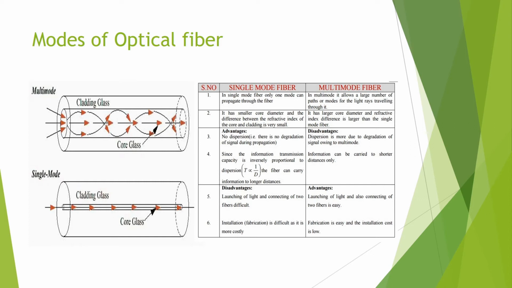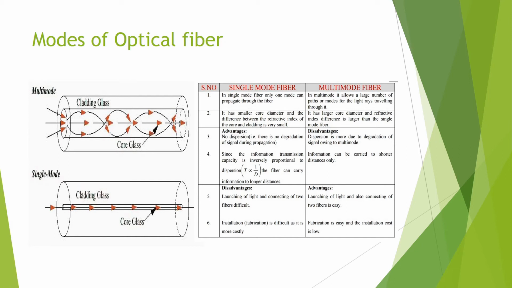Single mode fiber allows propagation of the light ray by only one path. Single mode fibers are best at retaining the fidelity of each light pulse over longer distances. Also, they do not exhibit dispersion caused by multiple modes. Single mode fiber optic cable has a small diameter that allows only one mode of light to propagate. So you can see the diameter of the core of single mode is very small.